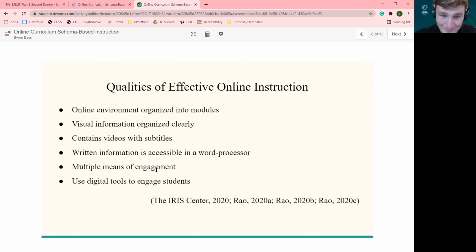But I use Google Classroom, and I organize all my lessons into modules, which is something that you should do for online instruction to make it nice and organized. So for example, each schema was its own module that contained multiple lessons. I created videos for each module modeling how to interact with the Desmos lesson. An important thing to note is that the videos were a supplement for modeling during instruction and not a substitute. So it's always important to have plenty of in-person modeling, or as much as possible, right,